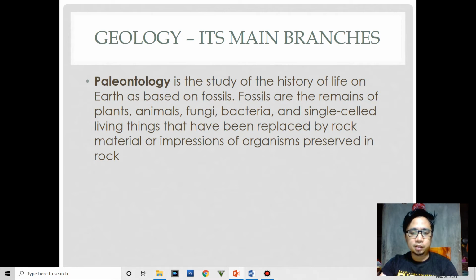Although this is not so important in our endeavor, of course, paleontology is the study of fossils, and fossils are remains of plants, animals, or living organisms that have been replaced by rock material, or impressions of organisms preserved in rock. Actually, paleontology has brought a significant contribution to the history of life on Earth, as well as the previous